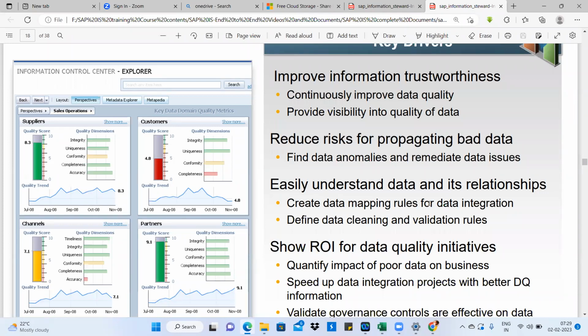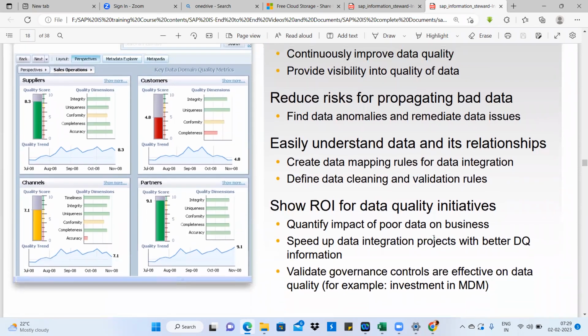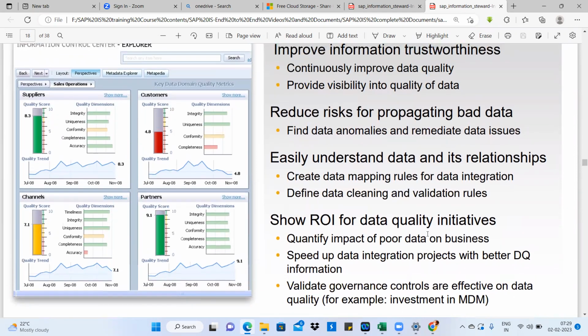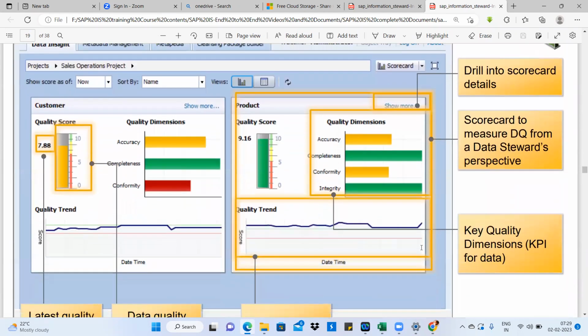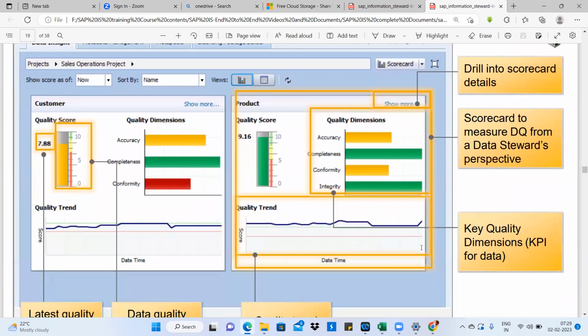To see a score, we need a dimension. On what basis do you want to see the score? You may want to see a score with respect to accuracy, or completeness, or conformity. This will be defined by them, and we will be applying that information in our rules, and then applying it in the scorecard. Once applied to the scorecard, we just refresh it. Once it is refreshed,